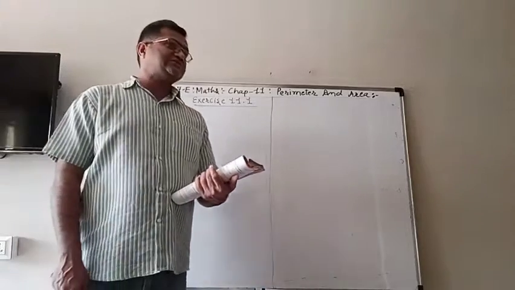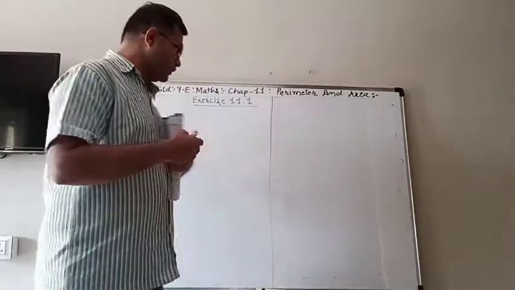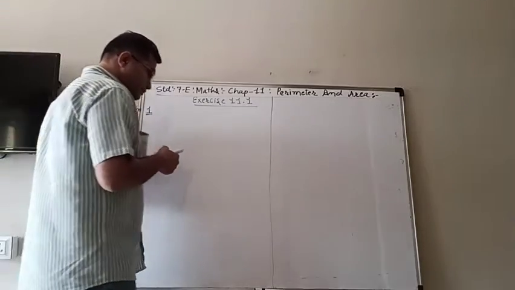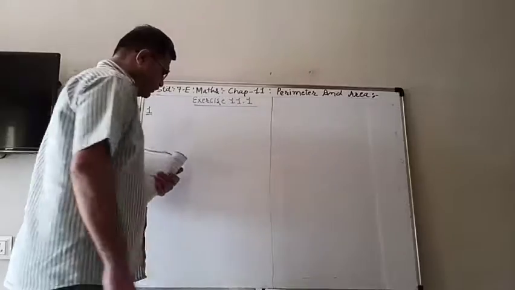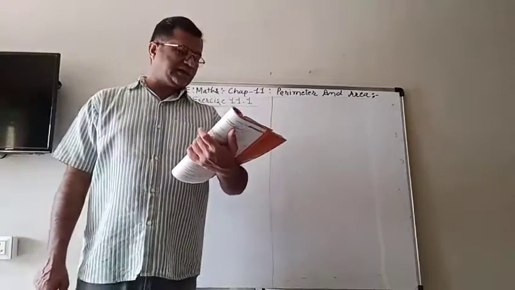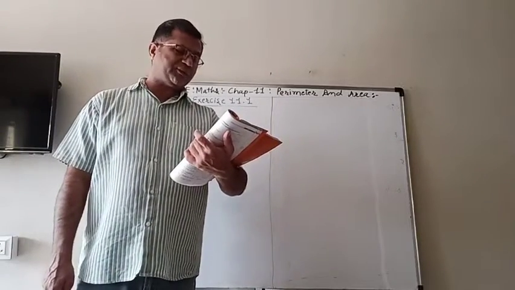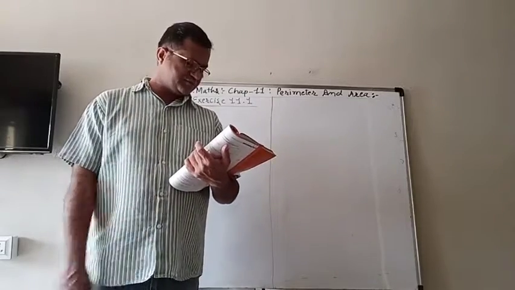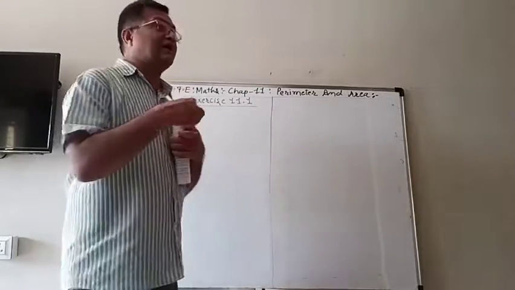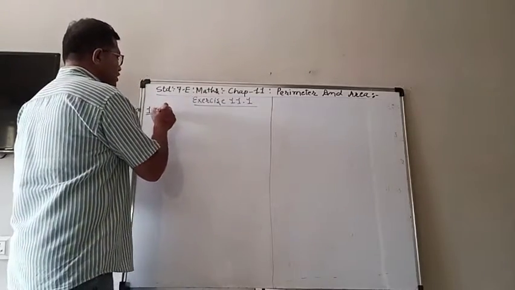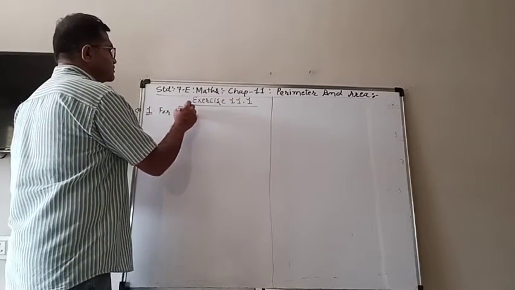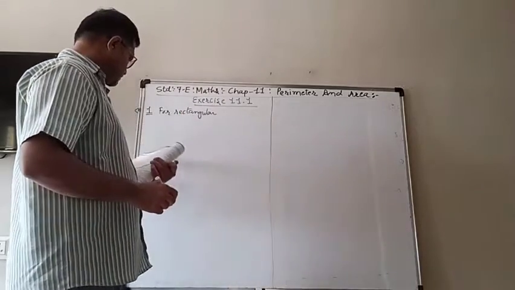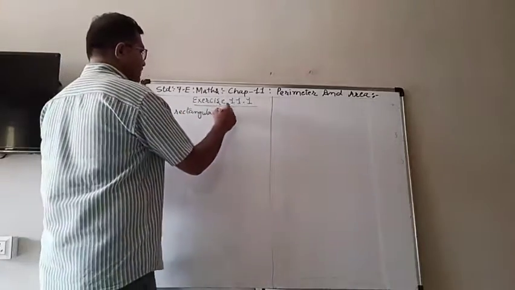So let us start exercise 11.1. In question number 1, what is given? The length and the breadth of a rectangular piece of land are given, and we have to find area and the cost of the land. So for rectangular piece of land,